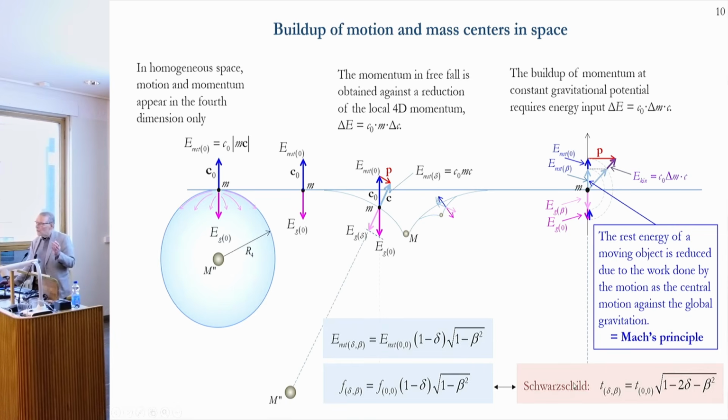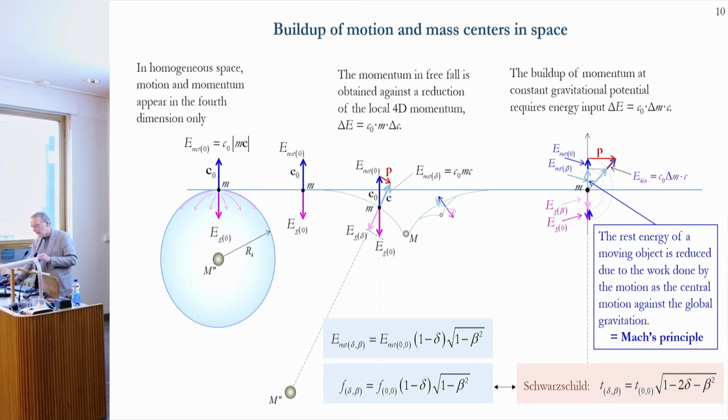And in Earth conditions, the difference between these two is of the order of 10 to the minus 18th, so that it's very small difference which we can find between these